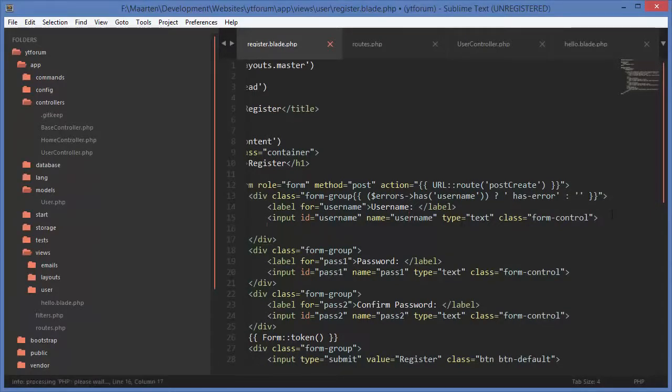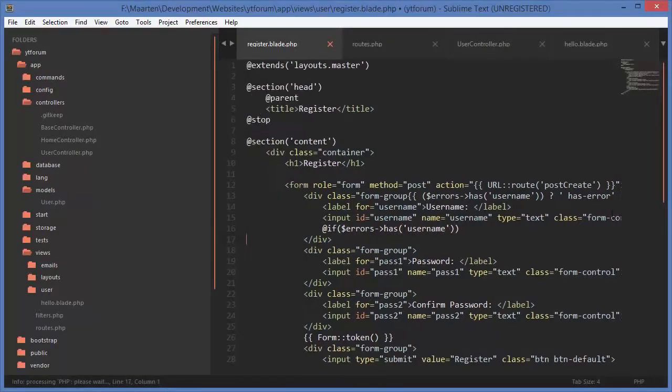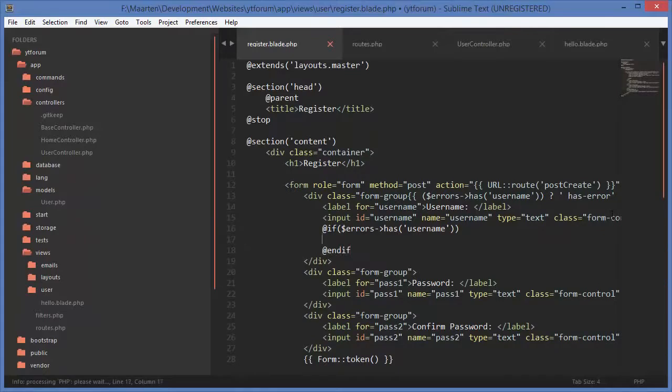And down here, I am going to do another if statement, this time just a long one. Again, errors has username, and if, because we don't need an else in this case, we want to echo that error. So error get. Oh no, we want to get the first error because there might be multiple errors with the input, so we want to get the first error. So error first, username. And basically you just copy this